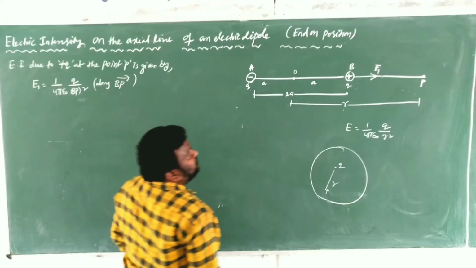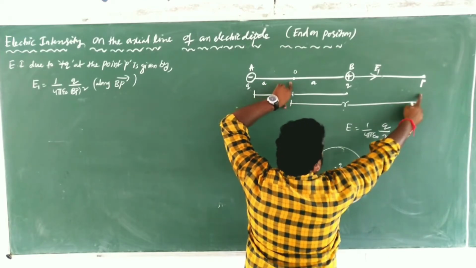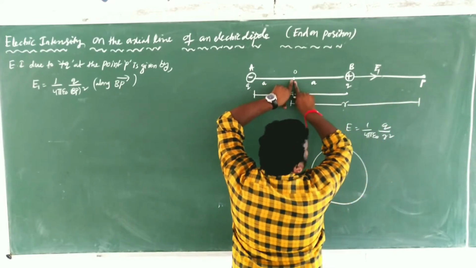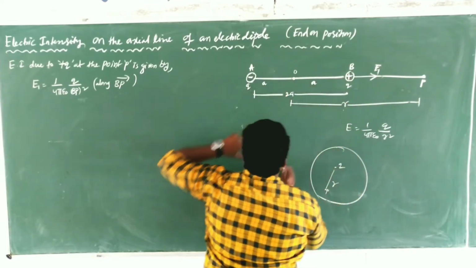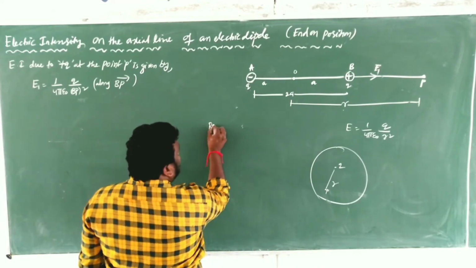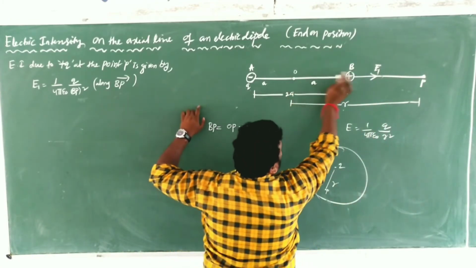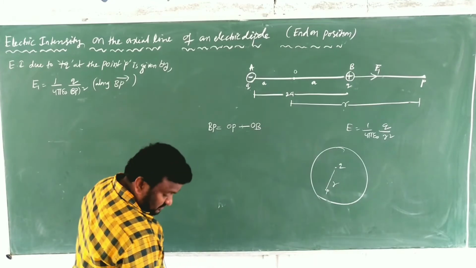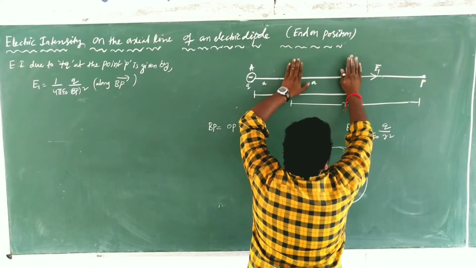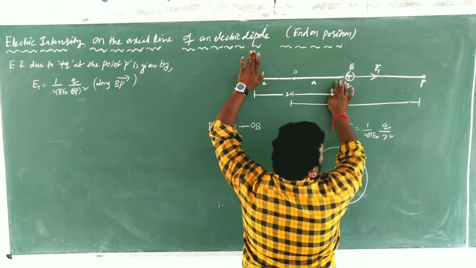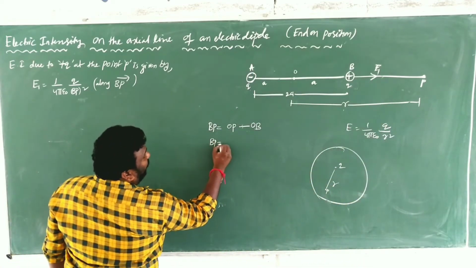And now children, from the figure, I am going to write BP is nothing but from midpoint to P, what is R? From midpoint to the P, what is R? And O to B is what? A. So for example here, I want to write like this, BP is equals to simply OP minus OB. That is, from figure, BP is equals to simply OP minus OB. OP minus OB, then what to get? BP.